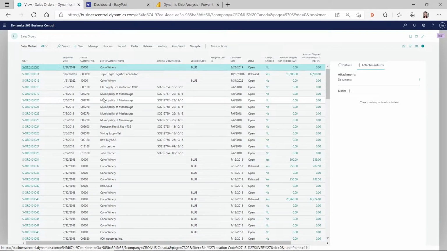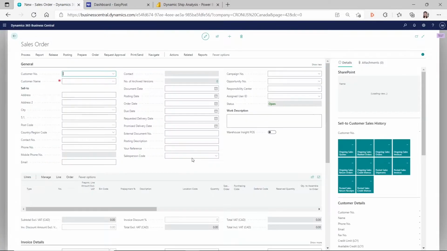Then it becomes a quantity picked before you can use the packing station to pack it. If it's not picked, then you cannot pack it. Okay, so let's create a new sales order. On this sales order, I will use